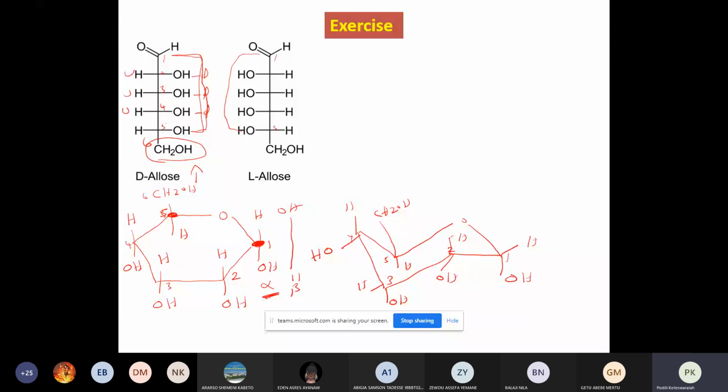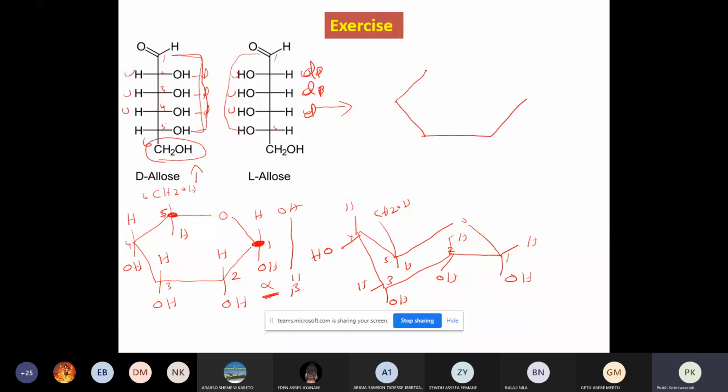Since it is not a chemistry subject, it is only biochemistry, we need not go into too much chemistry detail, especially the stereochemistry. We should only know how to transform these structures. So now, let me once again explain the Haworth structure of the L-allose and also the chair conformation. As I already said, when you transform this, the things which are present on the down, and again here this is up, up, up. Only thing is